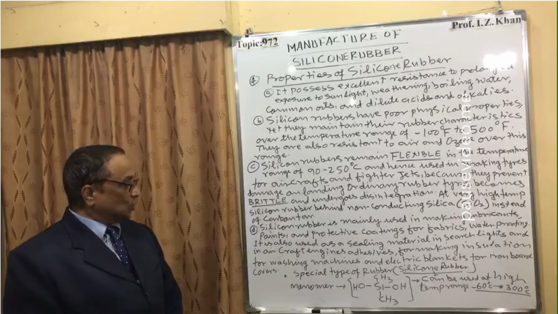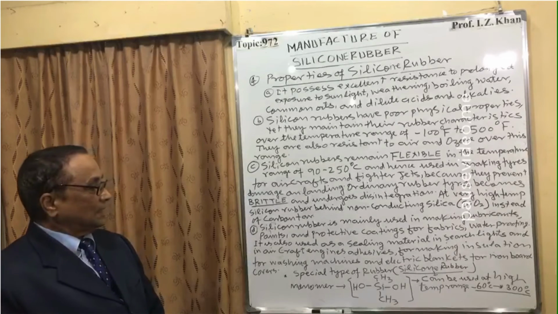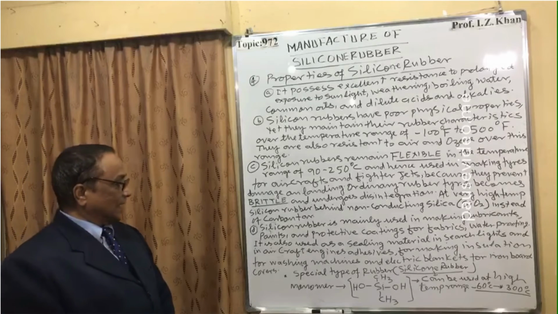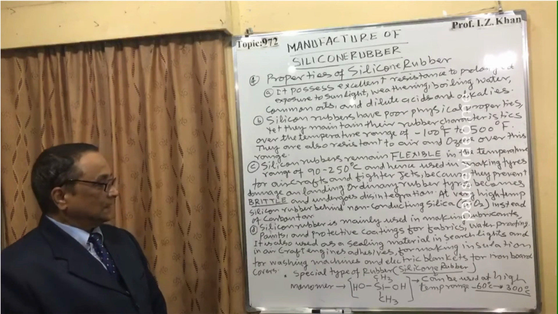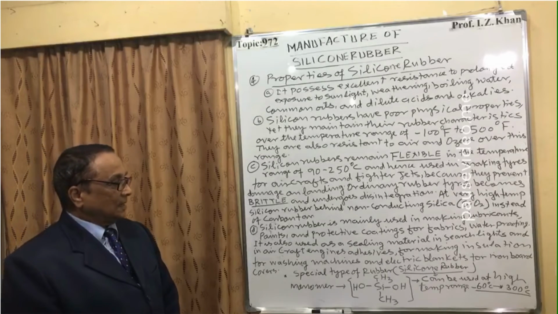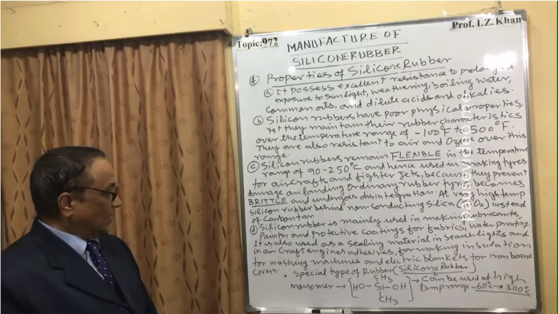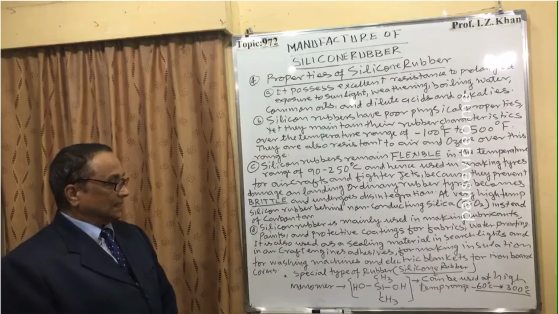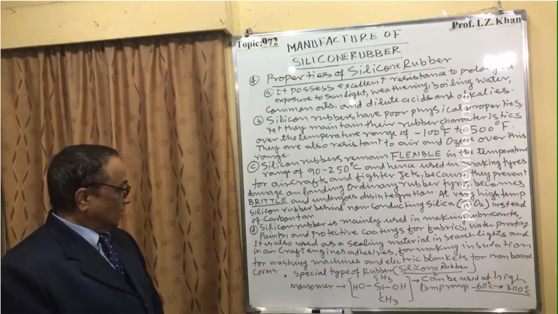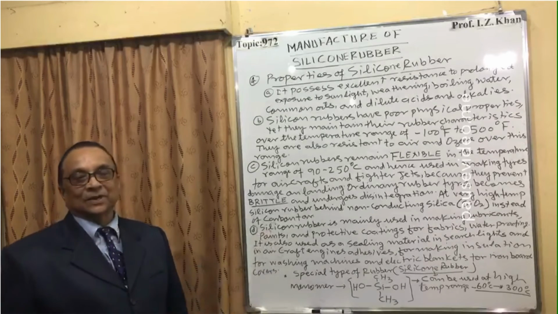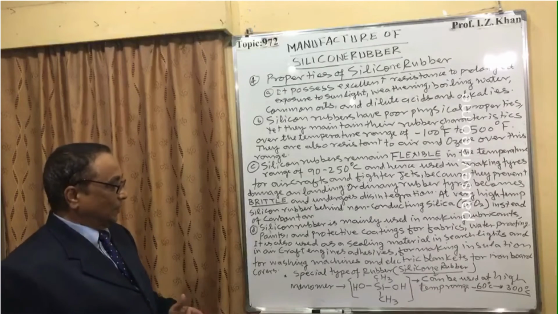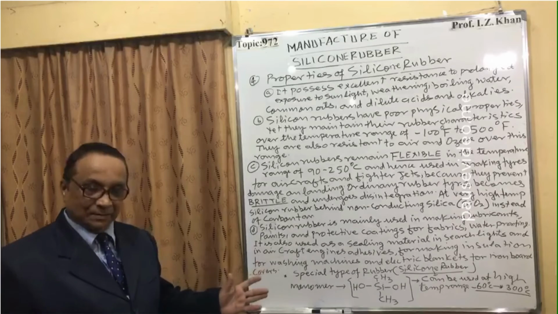It is also used as a sealing material in search lights and in aircraft engines as an adhesive, for making an insulation for washing machines and electric blankets, for iron board covers. Actually, wherever high temperature is required, it is used as a blanket, as a jacket, as an adhesive, and it